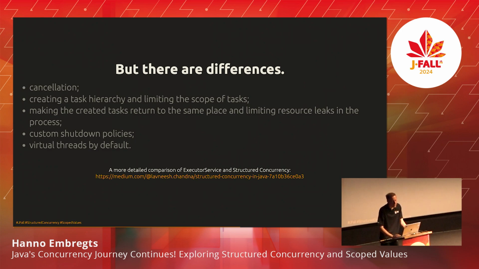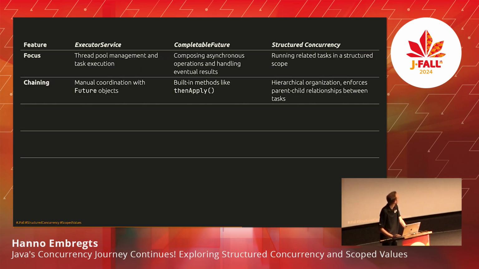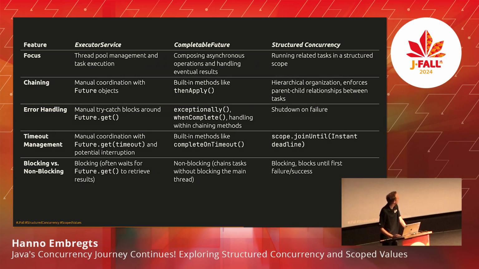Okay, I've created a slide that lists all the differences between executor service, CompletableFutures, and structured concurrency. In longer talks, I'll go through them. I don't have the time today, but if you're very interested in the differences between these three, you can take pictures now. It is a good overview, right? When to use what, benefits to the first, benefits to the other one. And the link below is also a very good reading tip if you're into this.